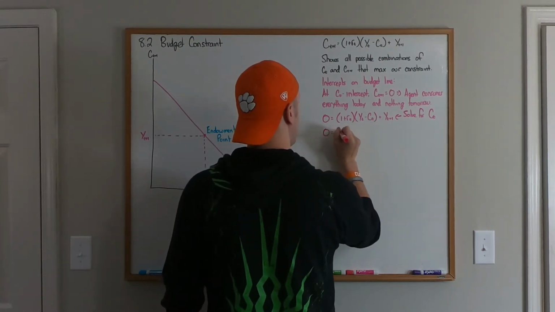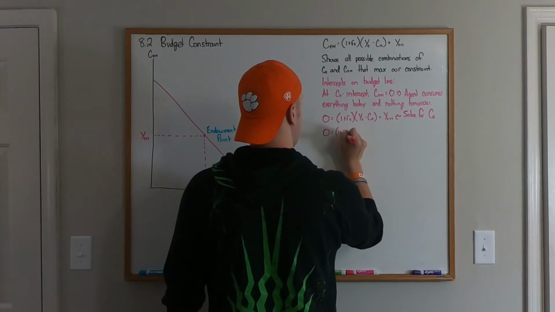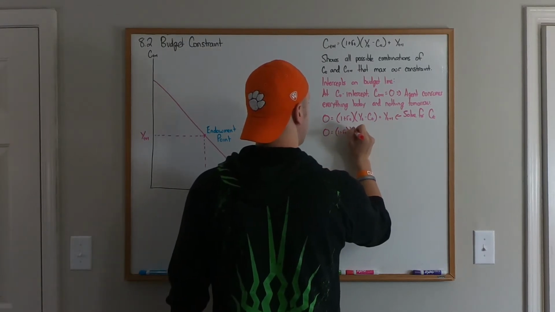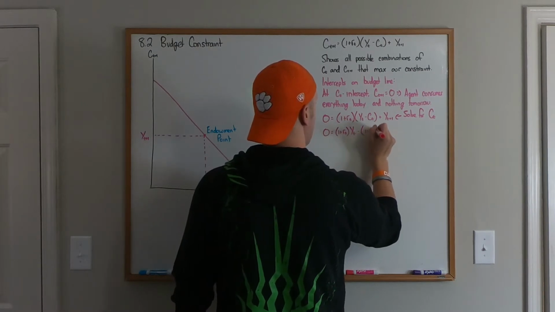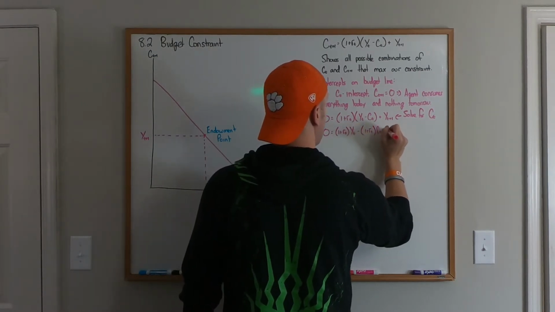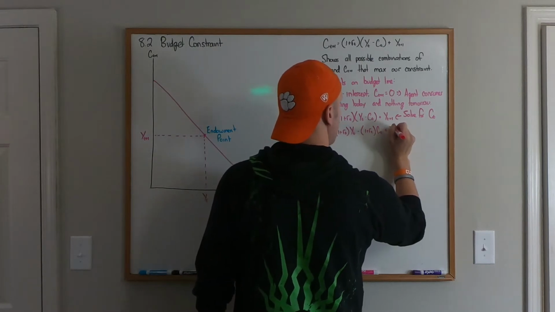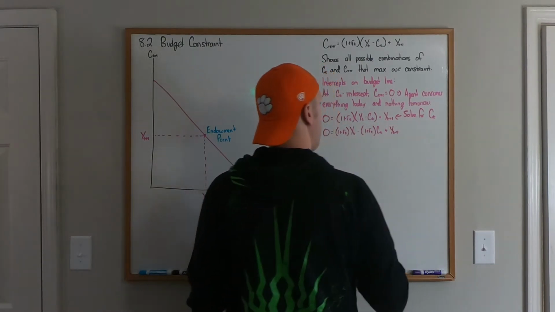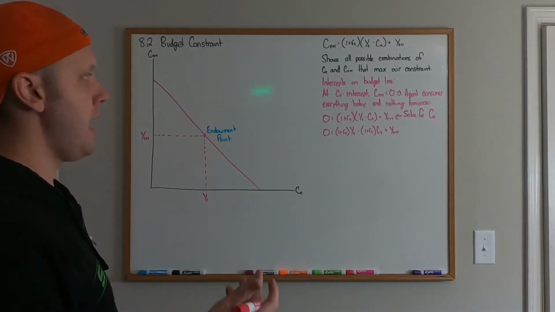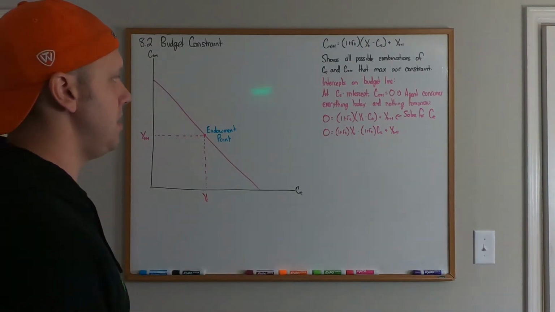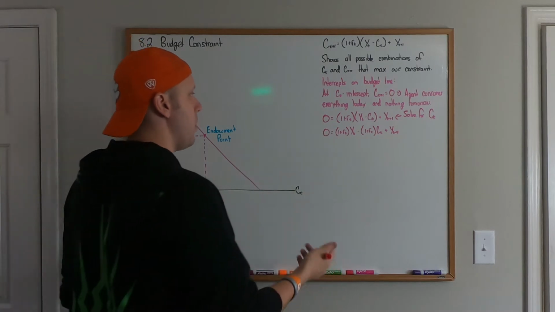So I have 0 equals 1 plus RT times YT minus 1 plus RT times CT plus YT plus 1. Well, if I add that 1 plus r times CT to both sides of the equation,